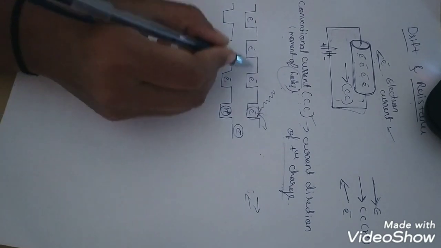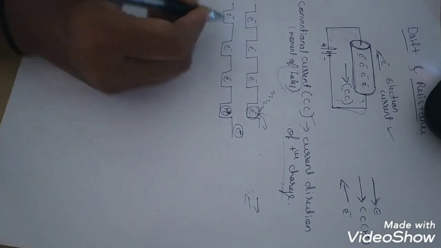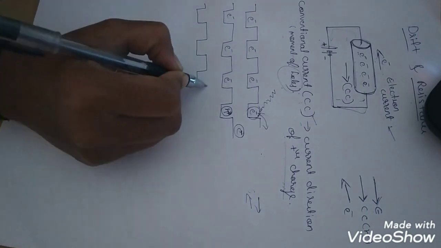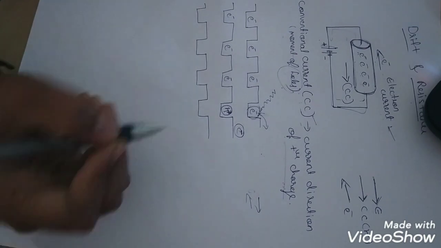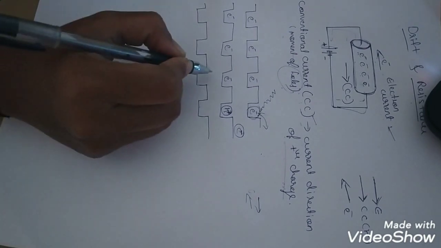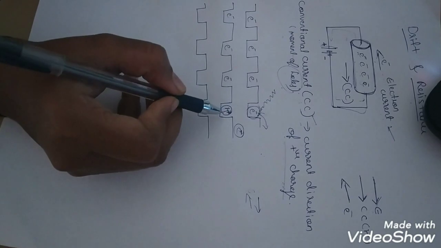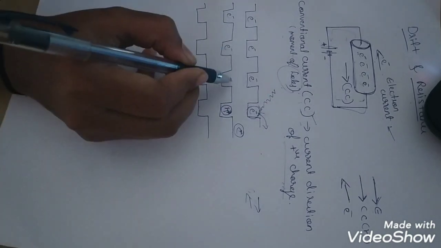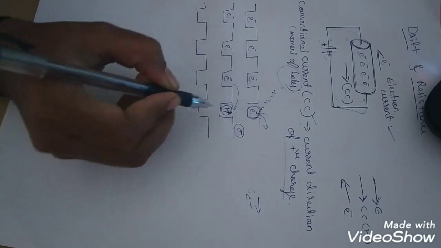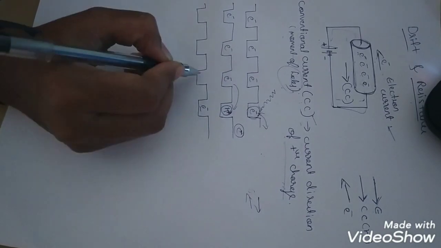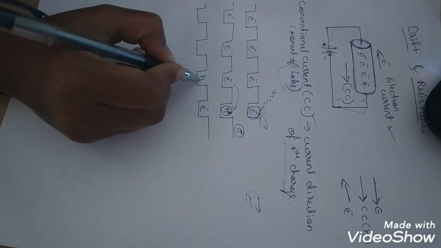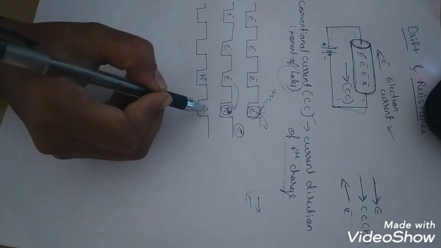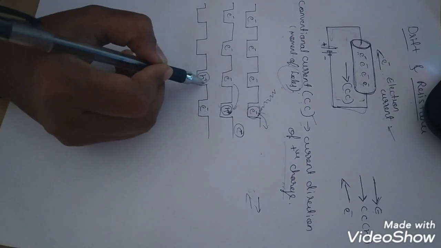So these are the electrons, same as previous. We know electrons won't sit at one particular position. If a vacant place is available, they will try to move and occupy the next position. They keep on jumping to the new vacant place. So this electron will jump to here. If an electron jumps to here, this place will be vacant. So this is the hole place. This hole will come over here. That is, an electron is jumping here, so obviously a hole will be created here.